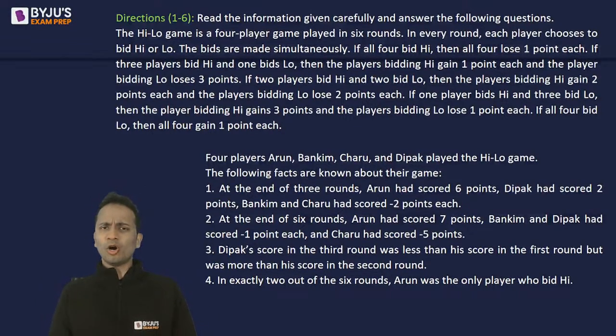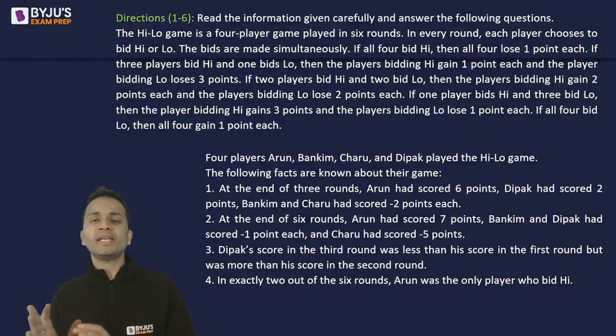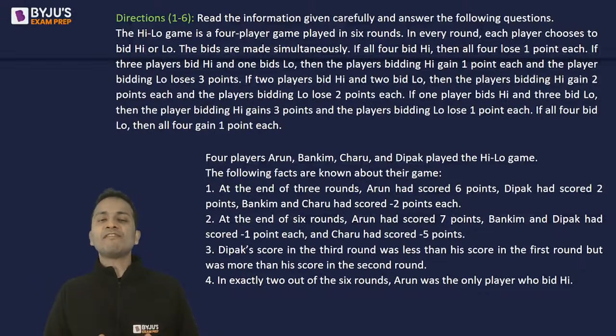So here you will observe that the data is not very high. In the first paragraph, it is only about the rules of the game that you can accumulate in a table. Fine. After that, you can make a table having 4 players and 6 rounds. And what you have to do is you just have to identify the points or the bids made by each of these players in these 6 rounds. So this is what this question is all about.